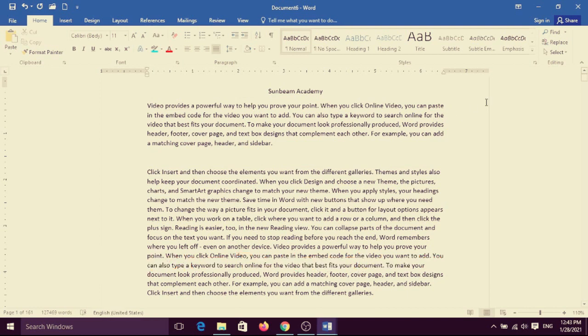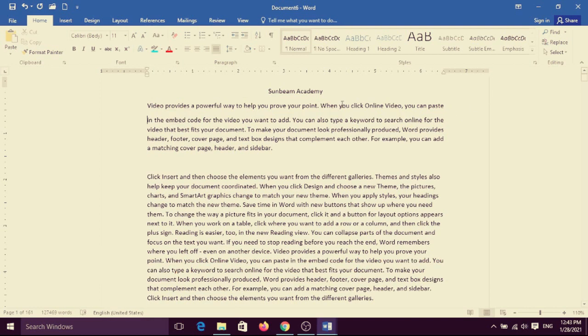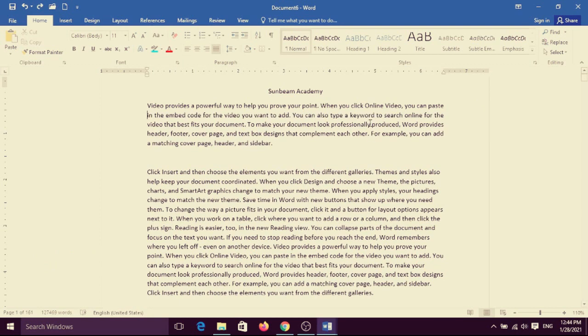Or you can suppose double click, text will be selected, and when you triple click, a paragraph will be selected.